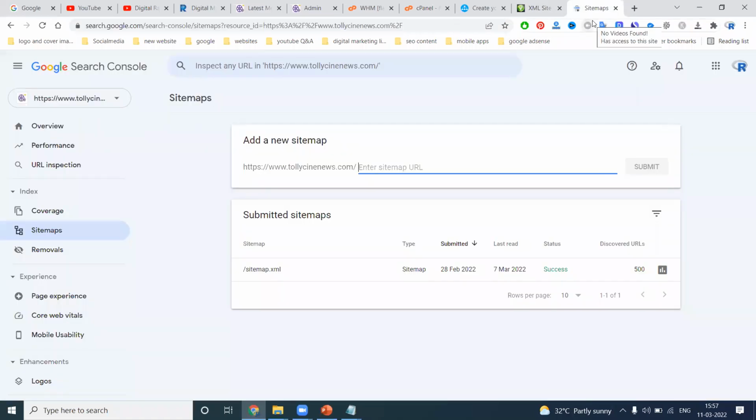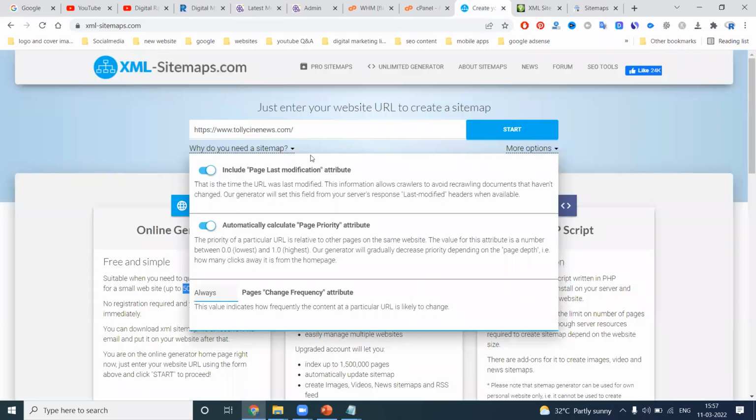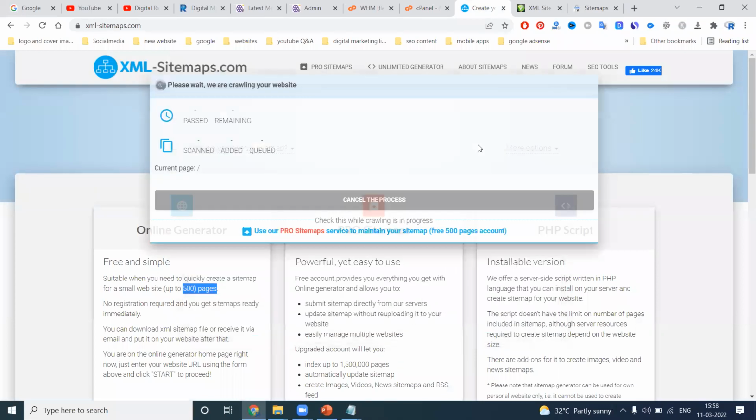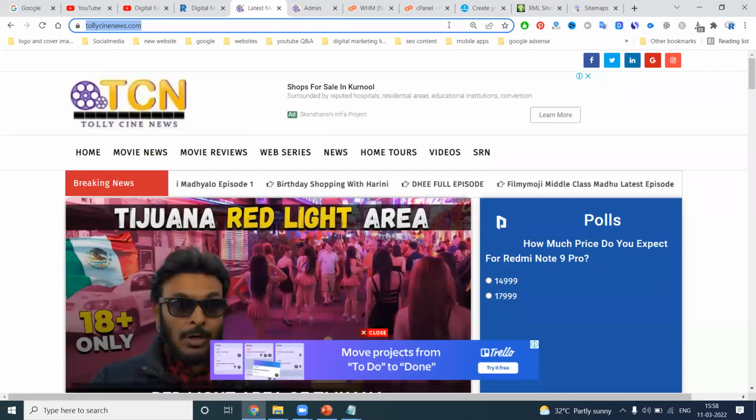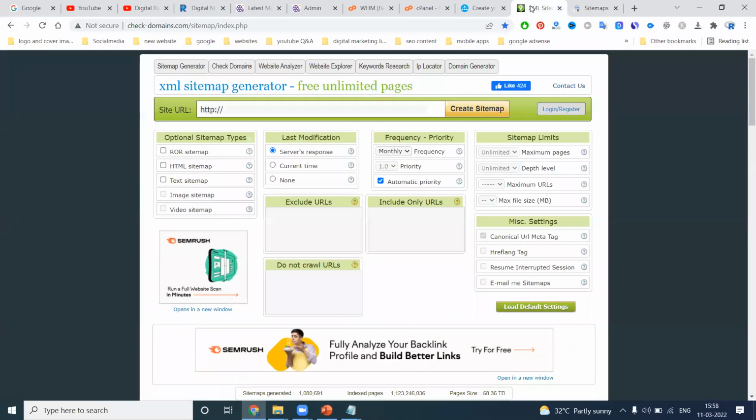So I have two options to show. First, here we can accept all the options, and this will be always. Click start. This accepts up to 500 pages. For unlimited pages, the software sometimes works and sometimes does not. For unlimited pages,